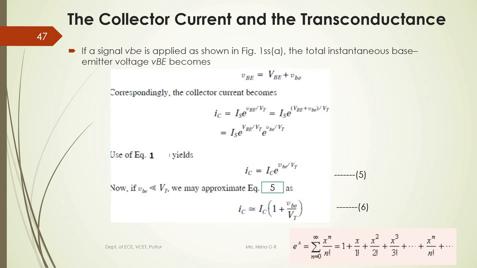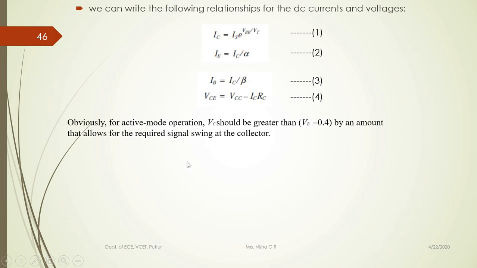Instantaneous values, for example, for current: small letter i with the subscript in capital letters. Similarly for voltage: v small letter and the subscripts in capital letters. These things you need to write down, and then equation 1 also you need to write here, because they may not know equation 1. The first equation is IC equals ISC to the power VBE by VT. It's better you write these equations also.